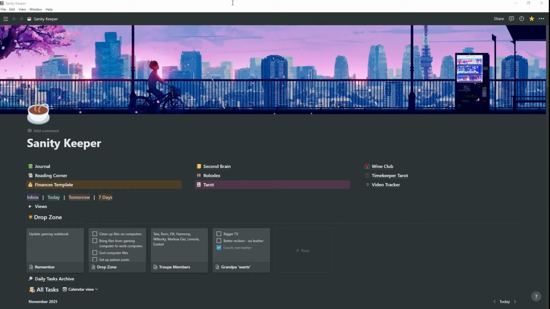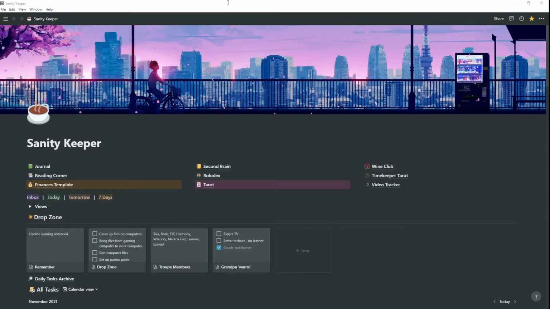Now Notion, for those of you who are curious, it's what I like to call an everything software. You can pretty much do anything that you want to do with it if you are determined enough, but what I really like about it is that it is a fantastic project management software, and you can do note keeping in it too if you really are determined to do that. I wouldn't say it's the best one for that, but you can make it happen if you really want to. And what we're looking at right now is my dashboard.